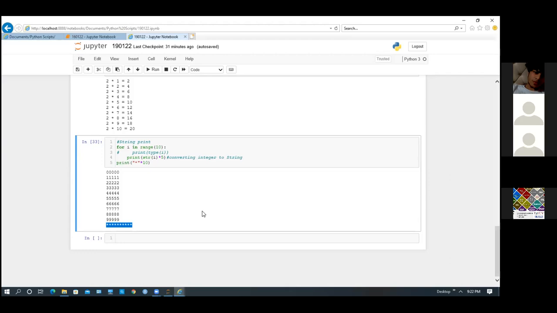Suppose I say your class can accommodate 50 people, so outside the class I have written 50. In the exam hall, the teacher needs to allow students based on their roll numbers, like 1, 2, 3, 4, 5, 6. Suppose roll number 50 comes first, so the teacher won't allow him.